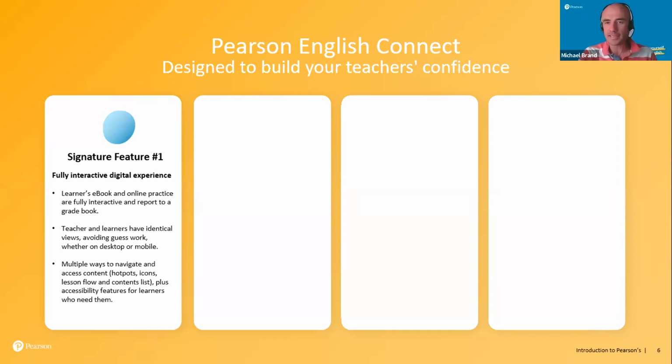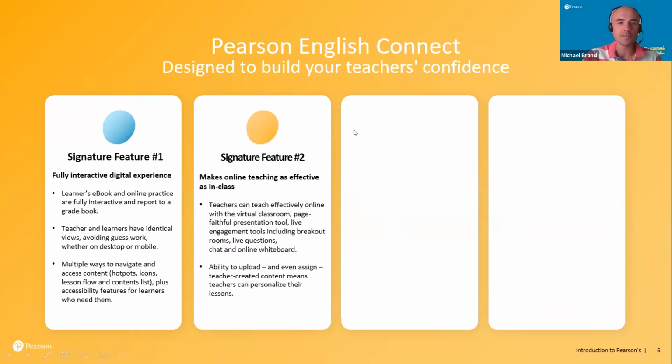That's not been the case for some platforms in the past, and it can create confusion, but here the view is identical. And you'll see there's lots of ways to navigate through the content and more accessibility features than ever. Again, we'll go into detail later on, but students with certain special educational needs, those needs have been taken into account.